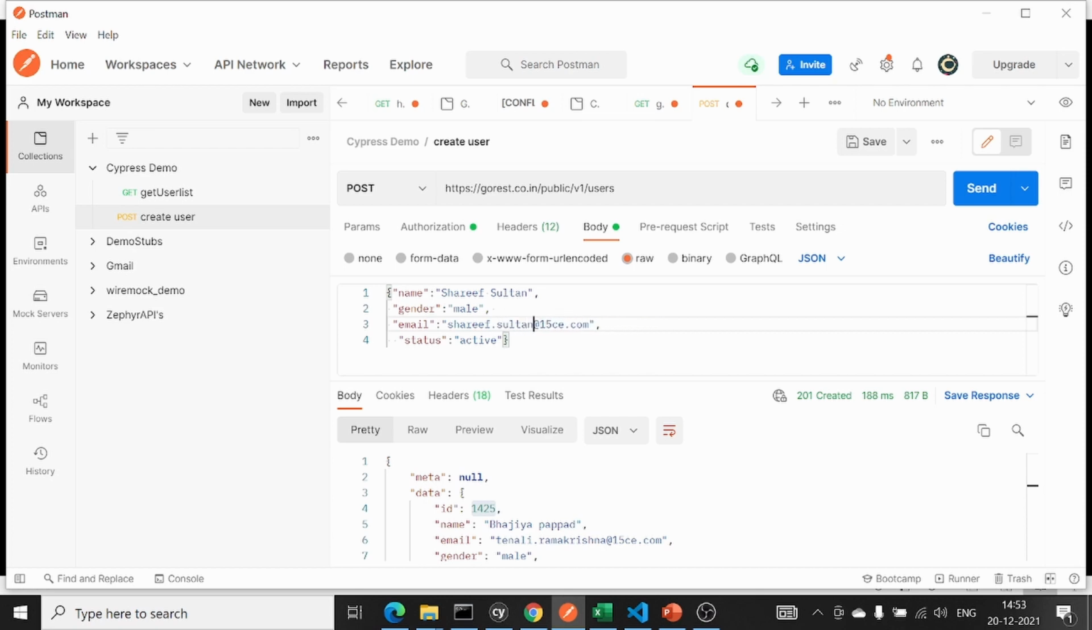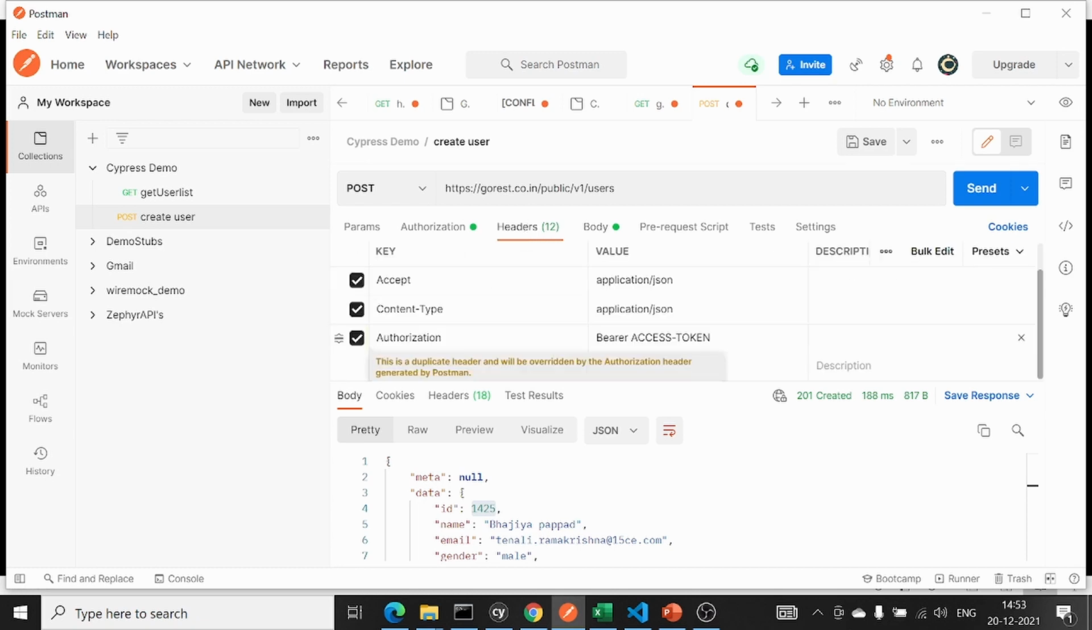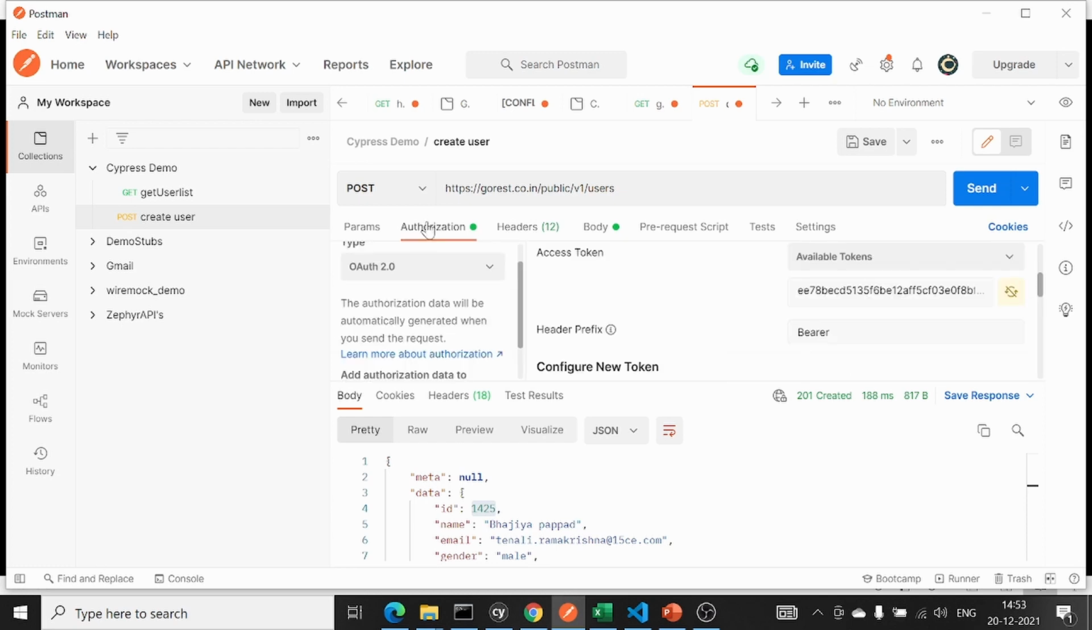Let me make some change to make the request unique. It does not accept duplicate email IDs. That's why I have given a unique email ID and unique name. And as part of headers, we are passing these three headers. And this service also requires authentication, and we are passing a bearer token as part of authentication. So once I hit send,